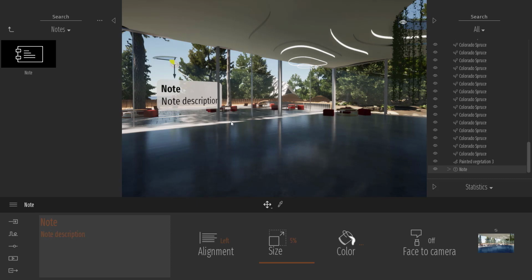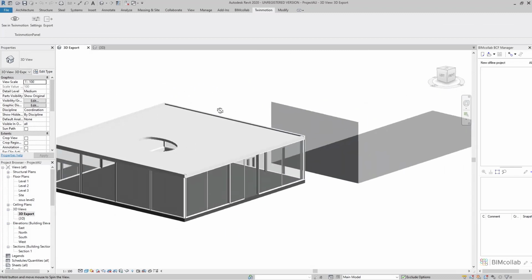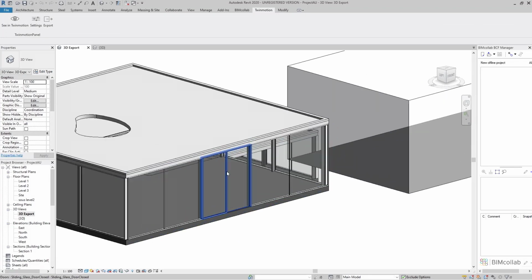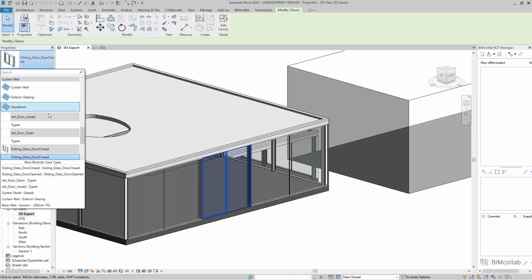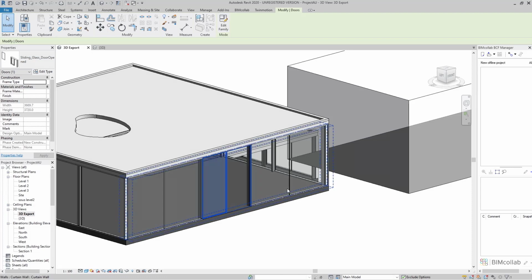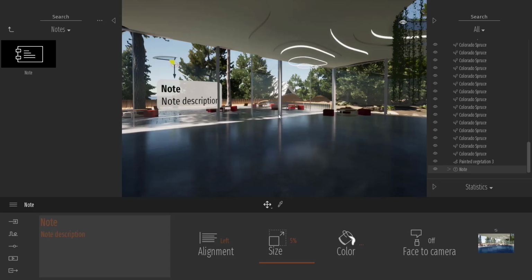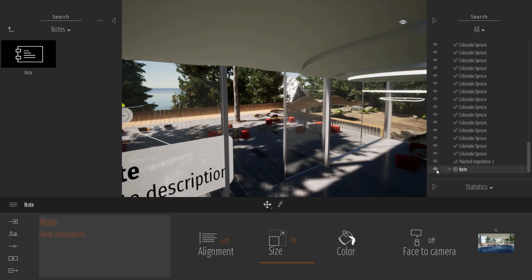So you're just making project review and you see some error in the geometry. So you add your notes, you send back to Revit, and you make the changes in Revit. And since Twinmotion has this direct link with Revit, that means that all the work done in Twinmotion is never lost. So for example, here, if I want to change something like this door here, I'm just going to switch to the opened version of this door. If I want to send that back to Twinmotion, I just click on Send to Twinmotion, and now my door is open. And everything I've already set up in Twinmotion hasn't been lost.